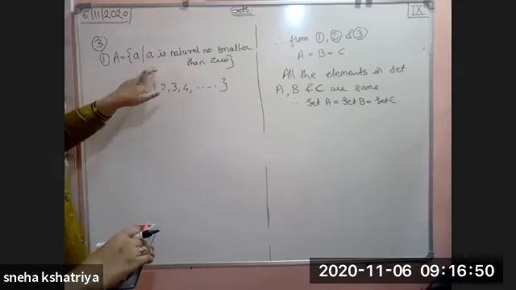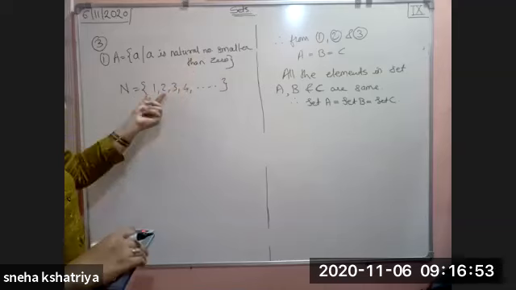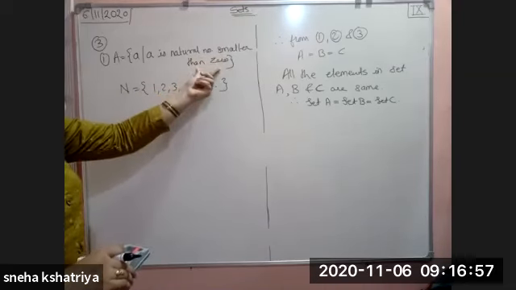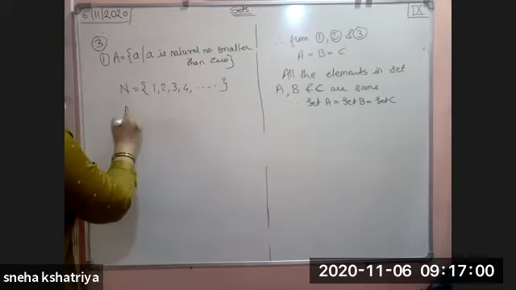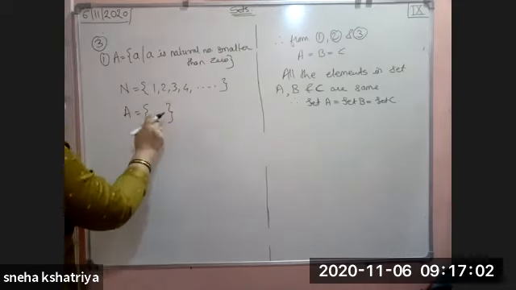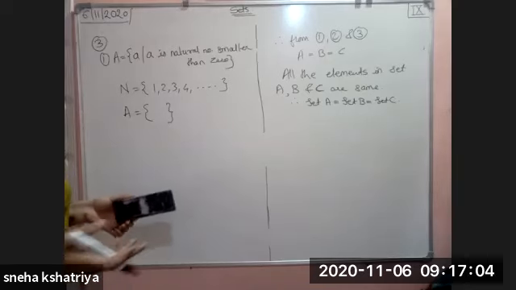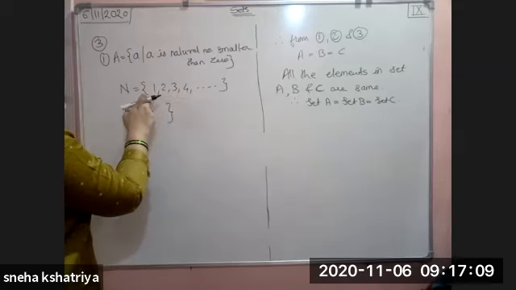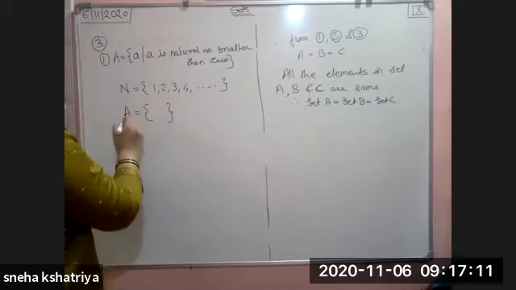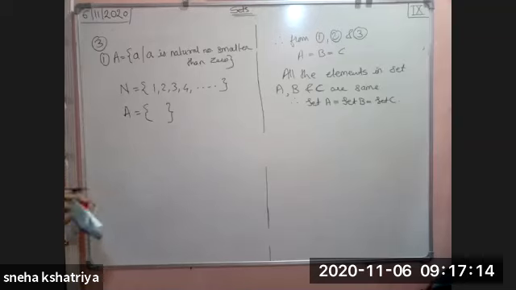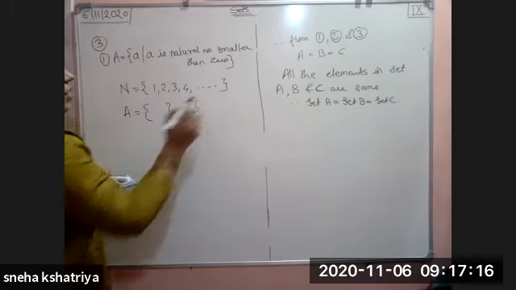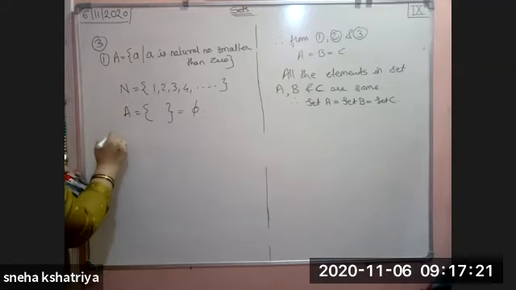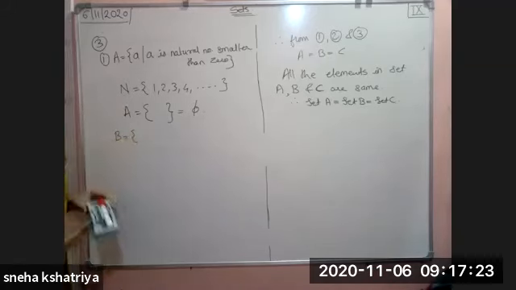Yes. That is what I am telling: natural numbers start from 1, 2, 3, 4 and we want a number which is smaller than 0. Then is there any element in A which is possible to write here? No, because there is no such element which is less than 0 and natural, because natural numbers start with 1. So the A set will be the empty set, or we can write here phi also. So A set we get as the empty set. Okay. Now let us see the next set.